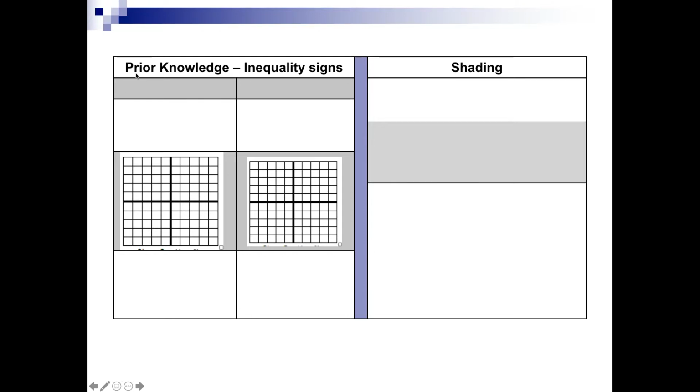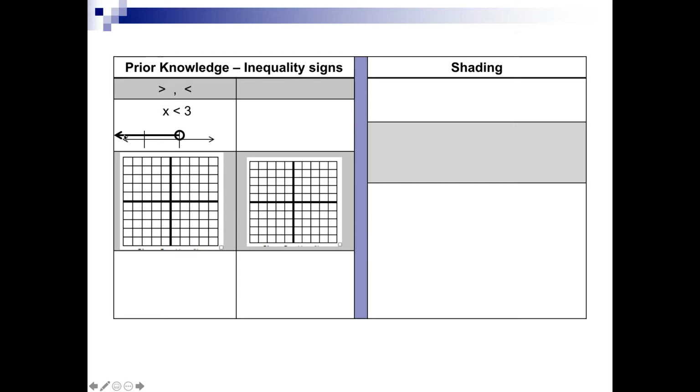I want to start off by talking about the prior knowledge that we've had with inequality signs. Before, we've had inequality signs like this one, which is greater than, and this one, which is less than. And we've seen it in an example like this: x is less than 3. And when we solved it, we were able to graph it on a number line like this, where we had an open circle, and then we drew an arrow. And the arrow in this case would head to the left,